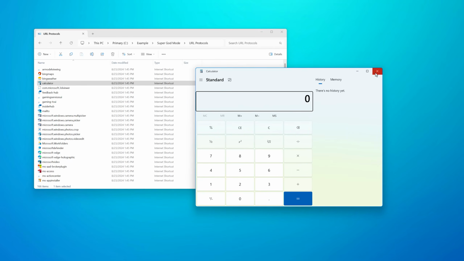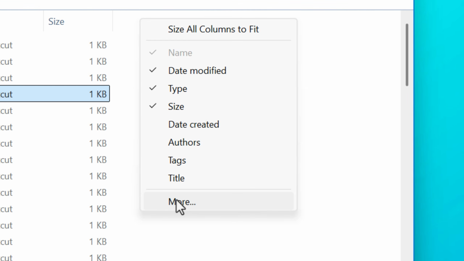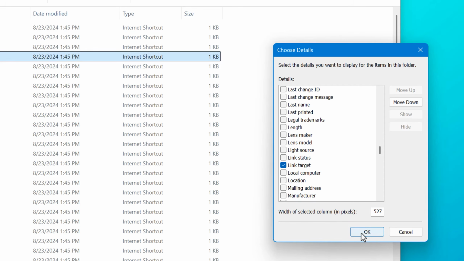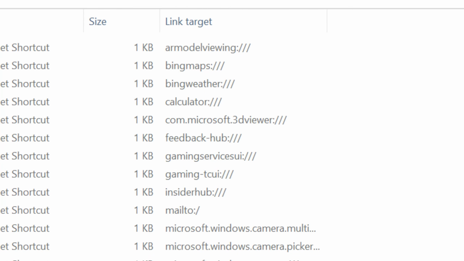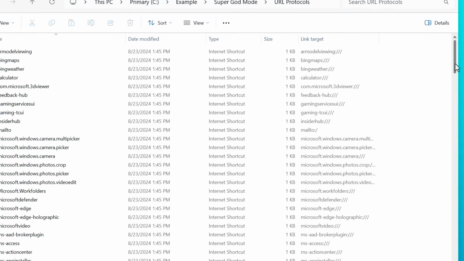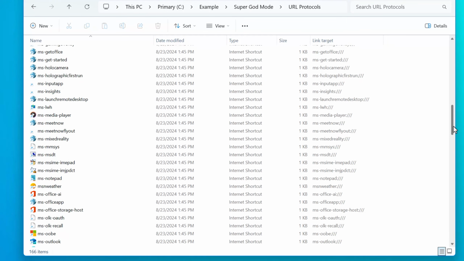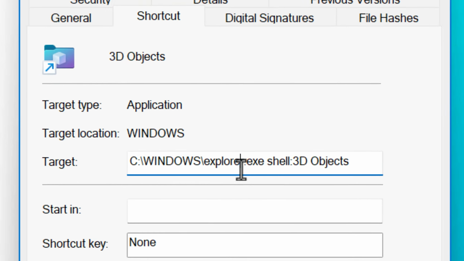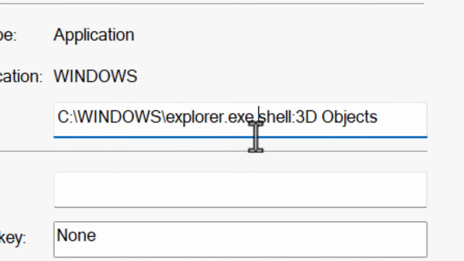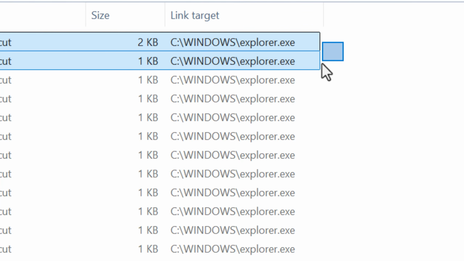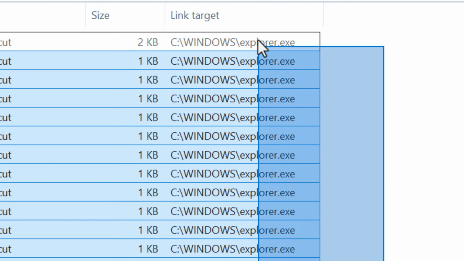And actually, here's a tip. What you can do is add a column in Windows Explorer for link target. You can just find that under the more columns. And after you do add that, the column will literally show the place that all these shortcuts go to. Now, the reason I've not mentioned this before is because unfortunately this column will cut off and not show anything after any spaces in the target path because it considers that an argument and it only shows the target, not any arguments. So for all the shell shortcuts, it literally just shows the Explorer part of the path, so it's not really useful. But in this folder, it's especially useful.